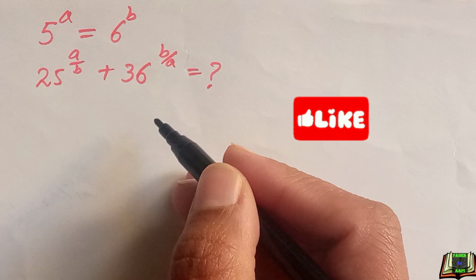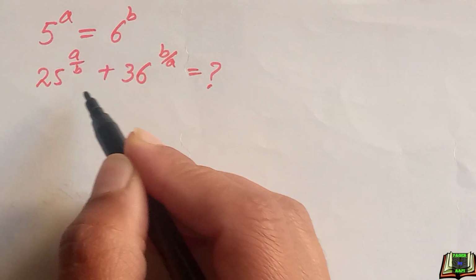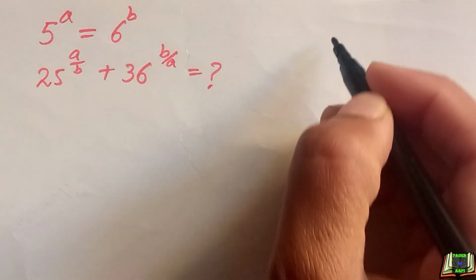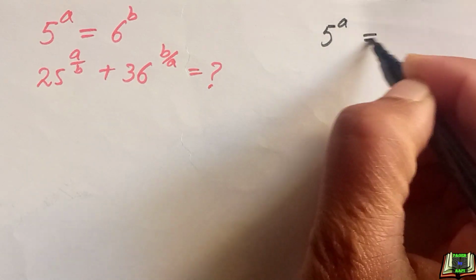Today we have this Olympiad question. If 5 raised to power a is equal to 6 raised to power b, then we have to find 25 raised to power a by b plus 36 raised to power b by a. So let's get started. It is given that 5 raised to power a is equal to 6 raised to power